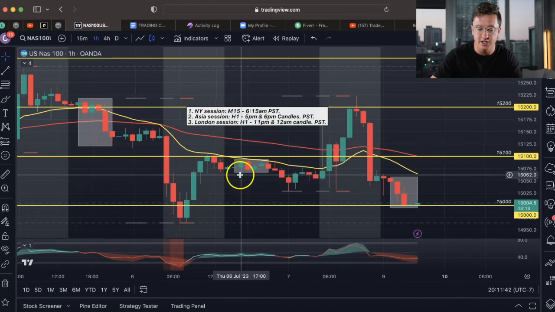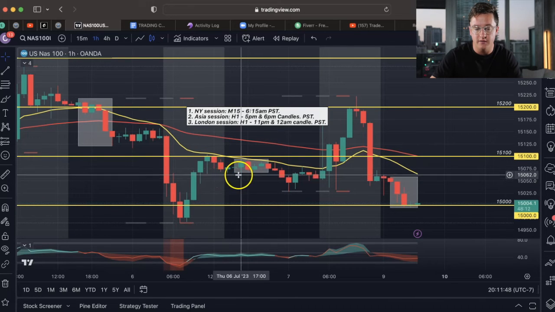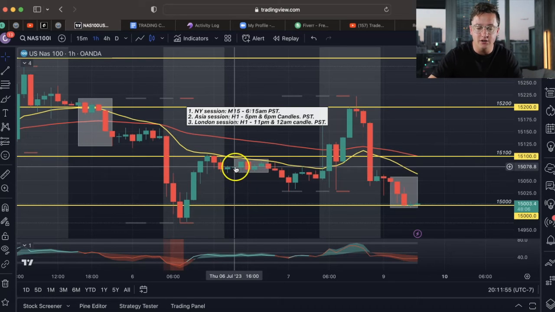Now let's go to the Asia. So we have right here, this is 12, 1, 2, 3, 4. So this one right here, the 1600 candle, that's the candle that I'm looking at. Once this candle closes, I'm seeing if it's giving me any confirmation whether it's going to be a good buy